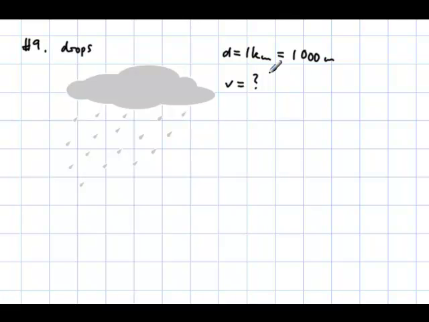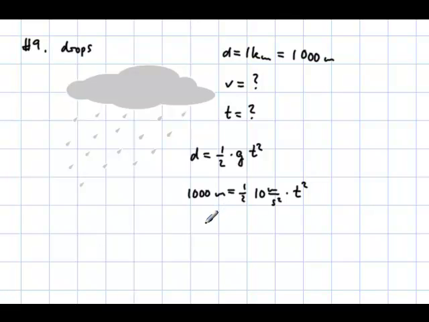And then it turns out that each equation that we encounter in this chapter has to contain time, and we don't have time given here, so we can't right away determine velocity. We actually have to determine time first and then do something with that. So that's what we're going to do, and there is a straightforward equation for free fall that says distance equals 1/2 times gt squared, and plug in the numbers of 1,000 meters equals 1/2 times 10 meters per second squared times time squared. And here we solve for time arithmetically,